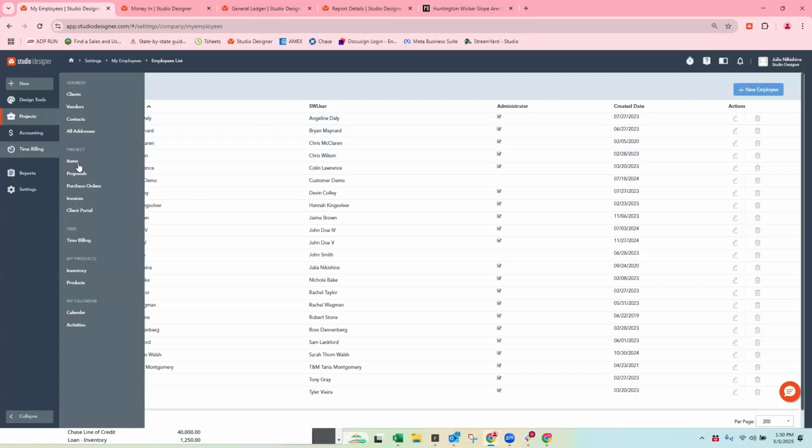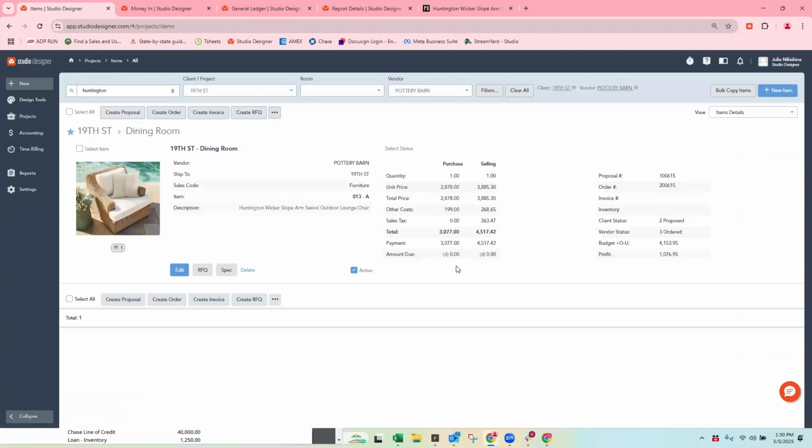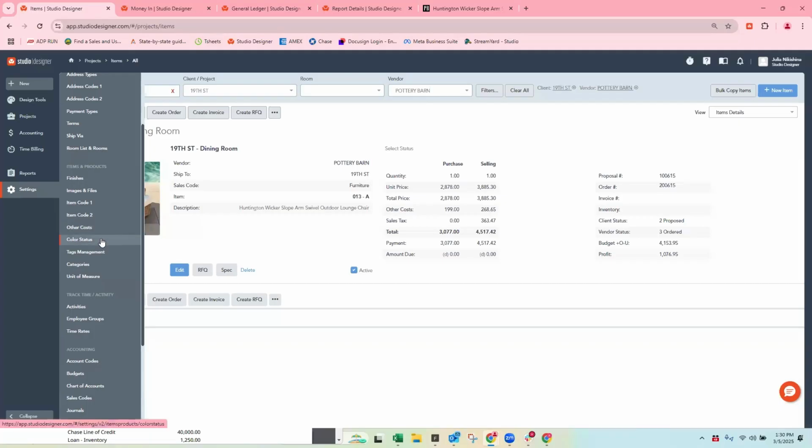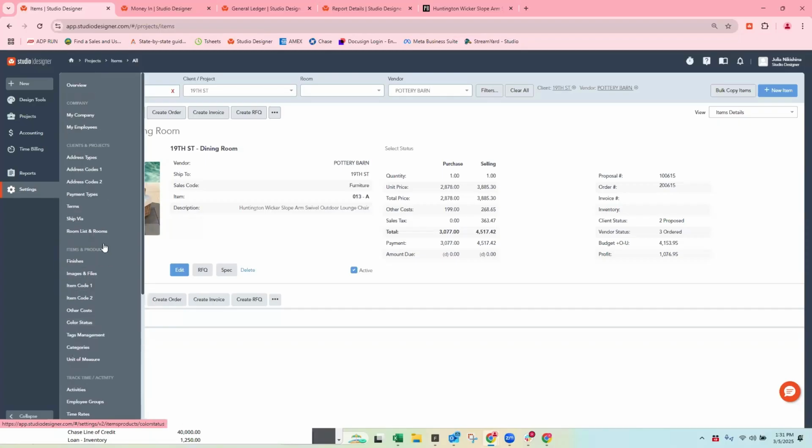So if you go to projects, and you go back to items, and now you're on this particular chair. If you're not a firm that uses colors, colors are amazing. They're a long-time tool. They're a great addition to your project management. So colors are here under select status, and you could name your colors. So go to settings, and colors are usually called priorities, though I feel like this menu, this whole bar here just got a refresh. It did. Categories, it did.